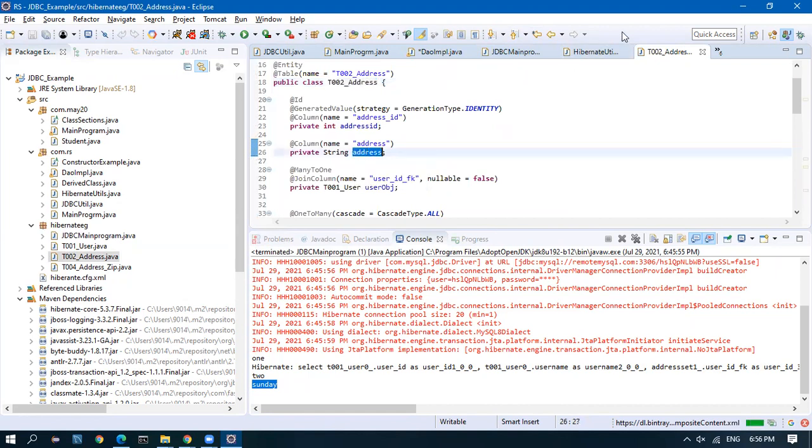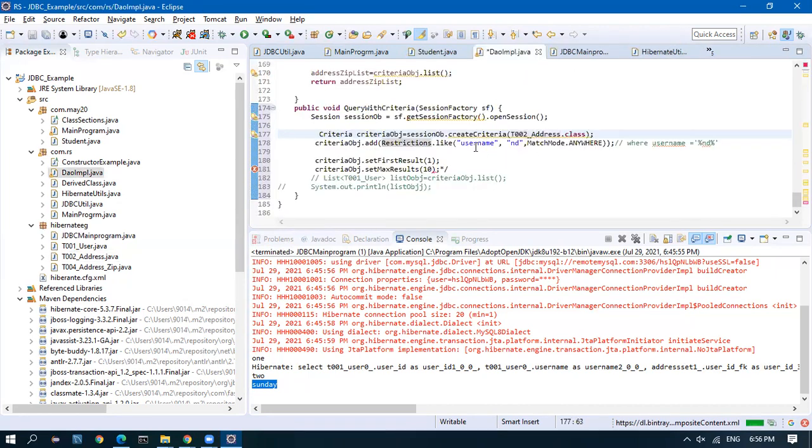I should give the Java attribute, which has to be the incoming address name. This can be a string. So from the input, when a value is passed, I can map it here, with match mode anywhere.